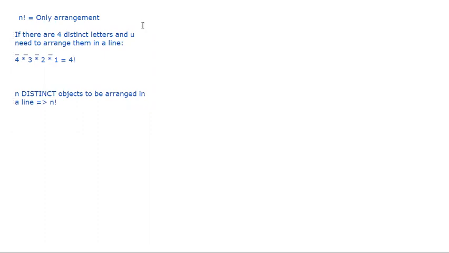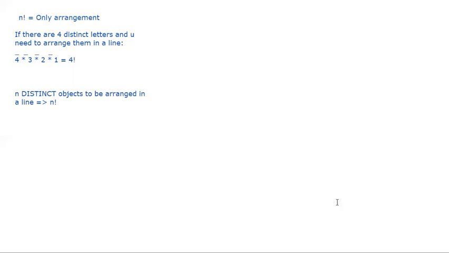You do not have distinct objects. So that we will gradually do. When we have identical objects, you know that you divide by a factorial. But why do you divide by a factorial? Just because it's identical, or are there other cases where you can also divide? Those things we will discuss in more detail.